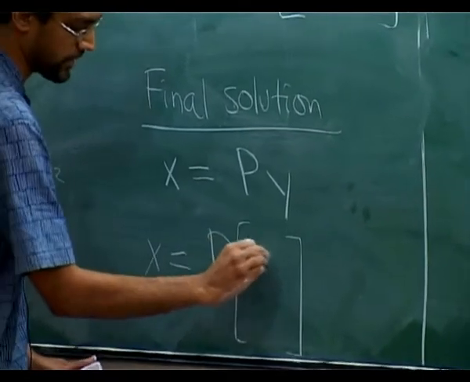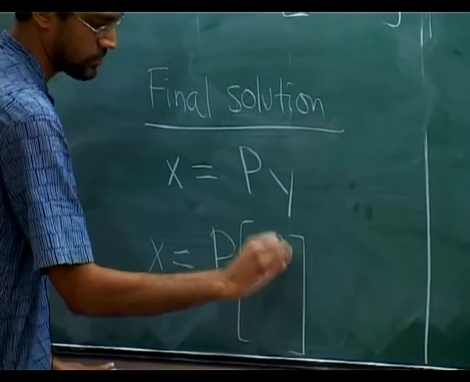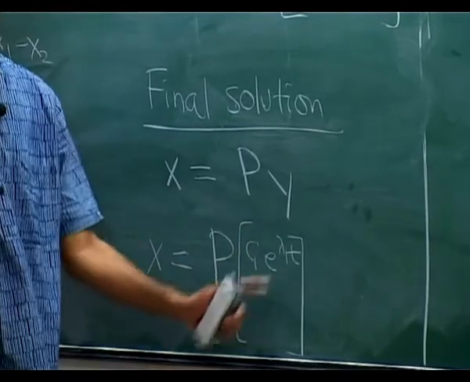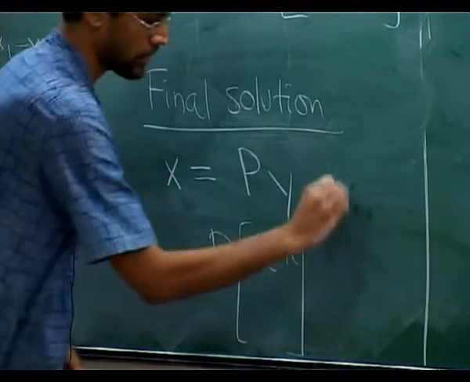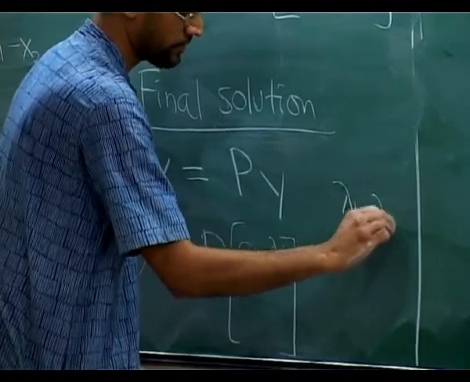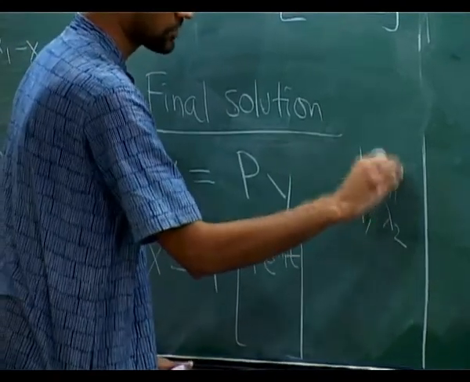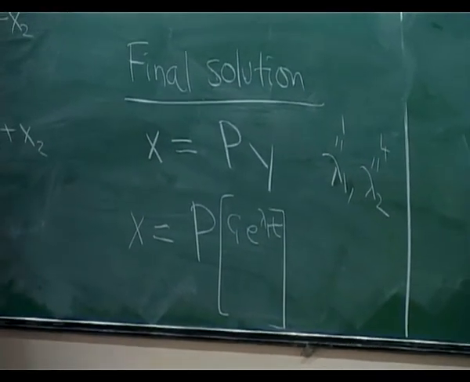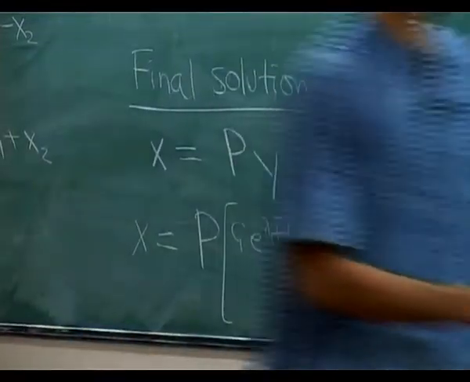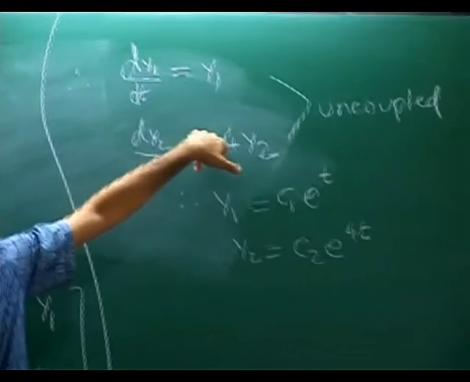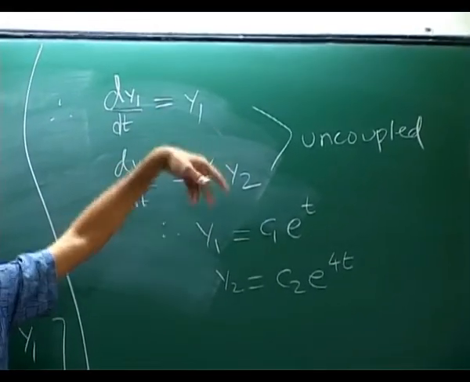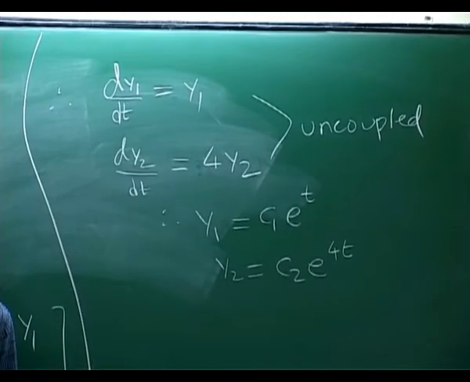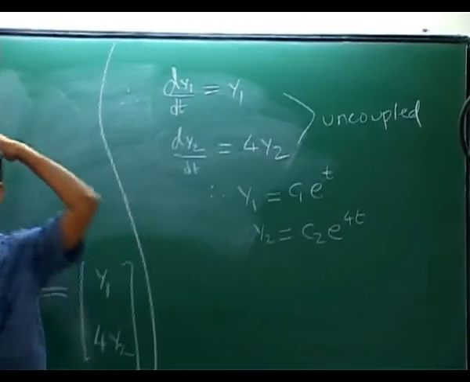It looks like C1 times e to the first eigenvalue times t. Right? I will call the two eigenvalues lambda 1 and lambda 2 in general. In our example, lambda 1 is 1 and lambda 2 is 4. But what is the diagonal matrix? Remember the observation we made, that these two constants are always the eigenvalues of the matrix. Why did we get that? Because those are the entries of D. They come from the matrix D, therefore you get the eigenvalues.